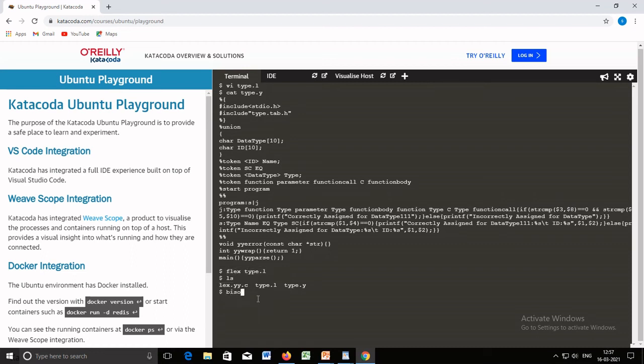Now let's see bison -d type.y. Now execute ls. We'll see here type.tab.c and type.tab.h are included. Here that file type.tab.h is required in the code. Right. Now let's compile lex.yy.c and type.tab.c.